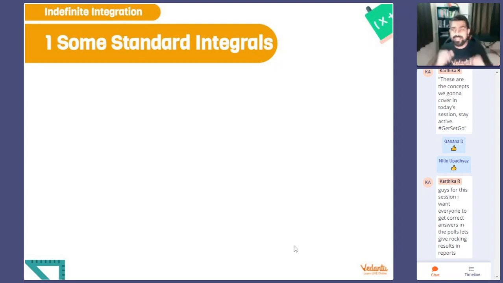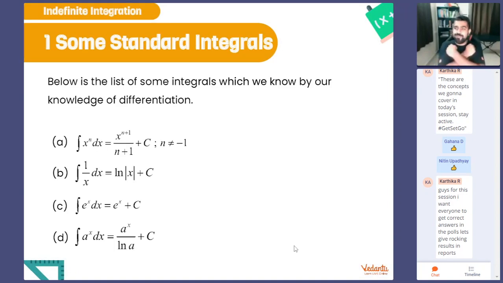Why do we need to do standard integrals? Because just like differentiation, integration also runs on some standard formulae. With those only you will be able to solve questions quicker. So it's essential. What are these formulas? Brace yourself, because I'm going to show you a lot of them and you have to note them down. Please take down these formulas. I want you to take a screenshot or write them down quickly, but I want you to be super duper fast. We're not going to spend a lot of time over here.